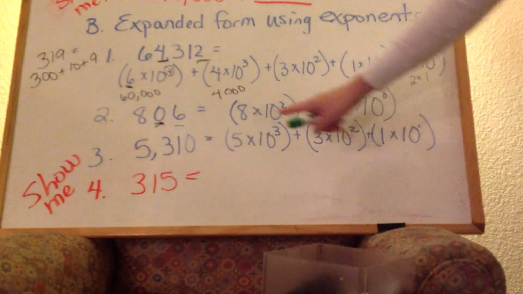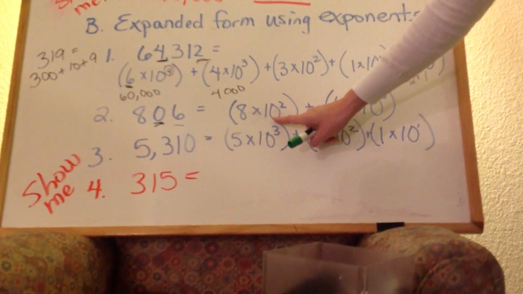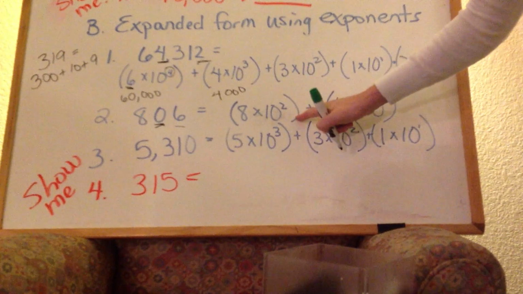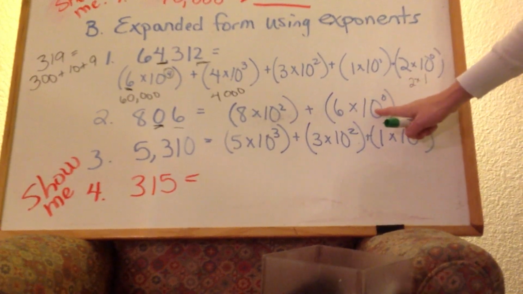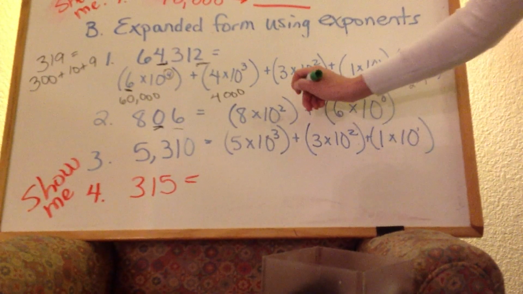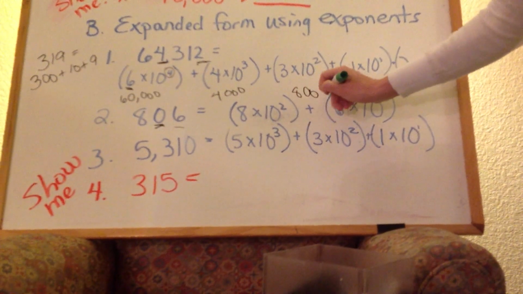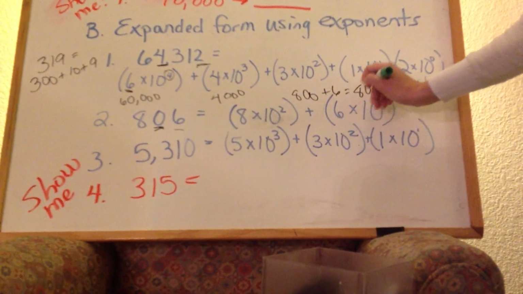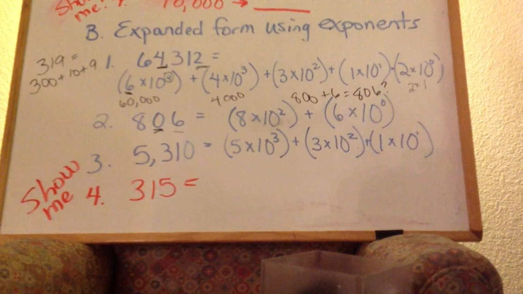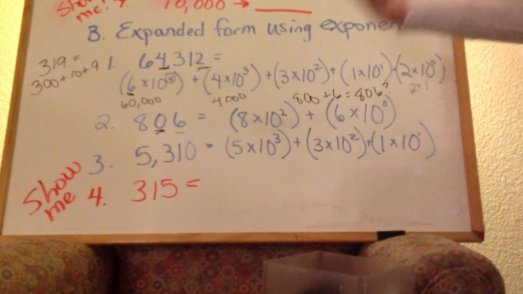Let's make sure that's true. 8 times 10 squared, or 8 times 100, is 800. And 6 times 10 to the 0 power is 6 times 1, or 6. And is 800 plus 6, 806 what we started with? Yes, it is. So the last one we're going to do together is